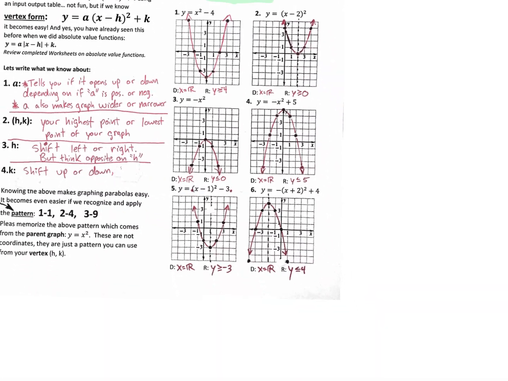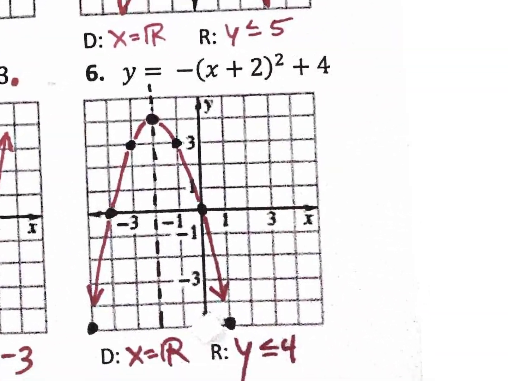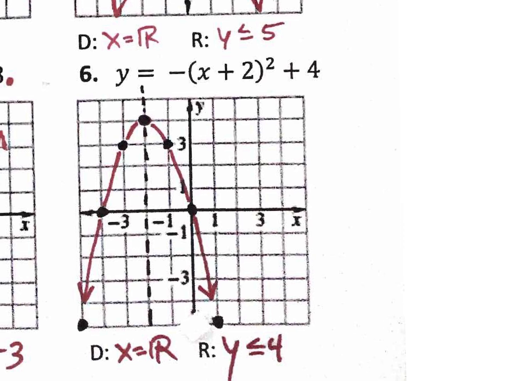For example, this guy right here, you guys don't have, these are notes from last week. You could pull it out if you want. If not, just follow along right here. Step 1 was to find the vertex. You think opposite of what you see there. So the vertex is -2, comma, and you take that number k for what it is. So -2, 4 is a vertex. So if you go to -2 on the x, 4 on the y, you end up right here at that